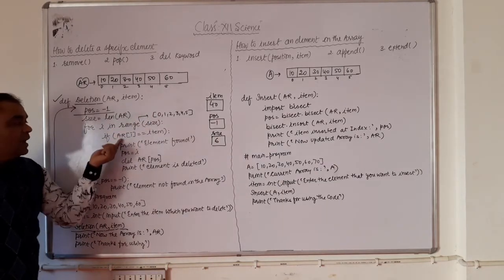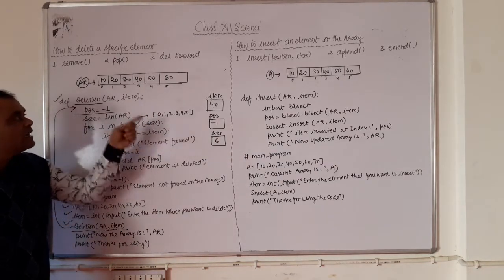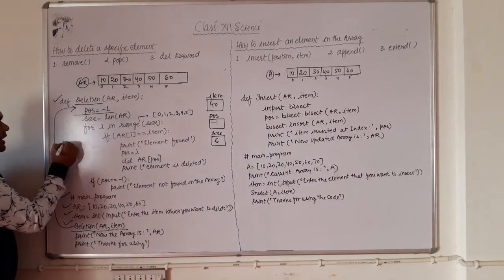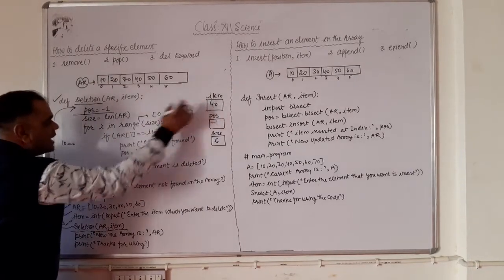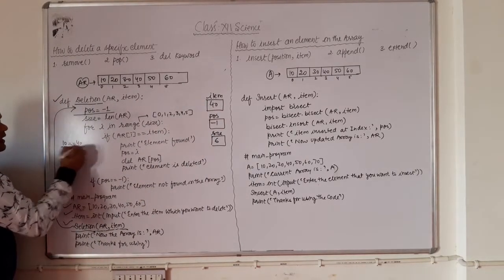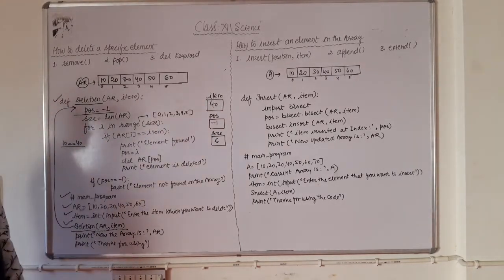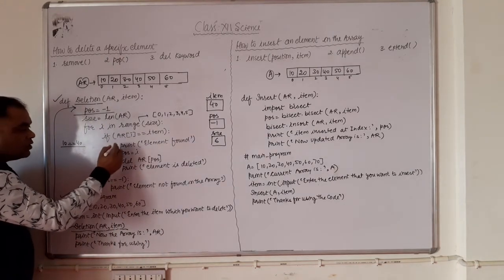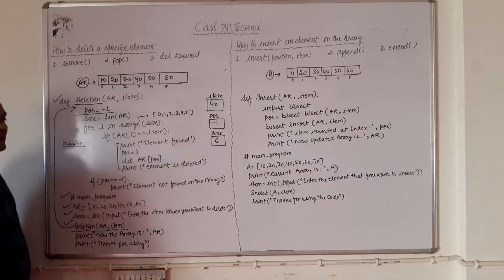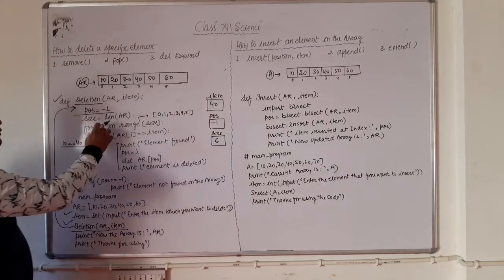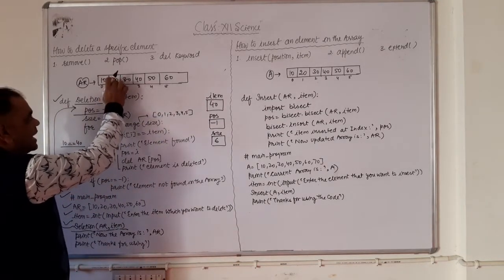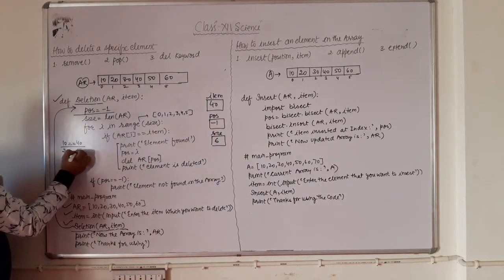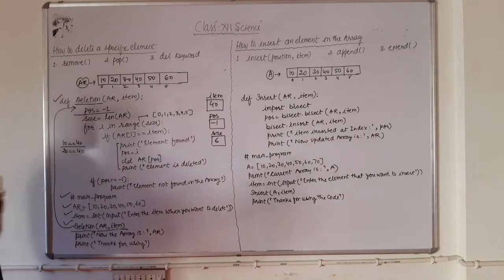Now if AR[0], when you execute for the very first time, the value of I is 0, AR[0] equal to item. AR[0] means what? 10. Now what is the condition here? 10 equal to what is there in the item? It is 40. The very first condition looks like this one. Here it is false, so your computer is not going to enter inside the if. Right? Now the value of I is 1. AR[1] equal to item. AR[1] means 20 equal to 40. Again the condition is false.